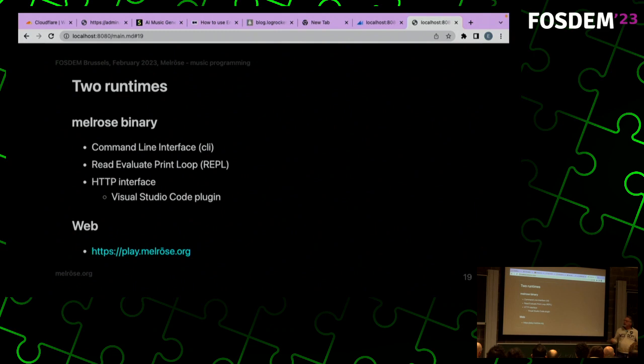And so Melrōse actually comes with a binary and a web version. The binary version is currently running on my machine. It's just a little interpreter, as you just saw when changing the devices. And it actually has an HTTP interface such that each tool can talk to Melrōse using HTTP. So that's the reason why my presentation sent the data to my Melrōse program from my web page, right? And I also have a web version that uses WASM, WebAssembly, so you can play it in the browser. If your machine has some local MIDI device, you can try it in the playground.